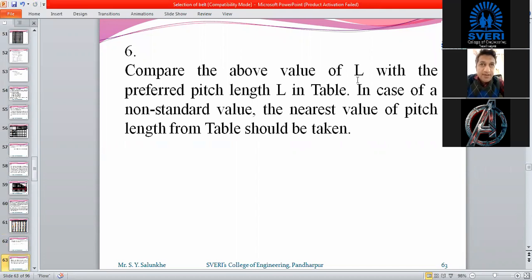Then compare the above value L with the preferred pitch length which is available. Now here these V belts are endless, but flat belts can be connected, two ends can be connected together while you are using it.